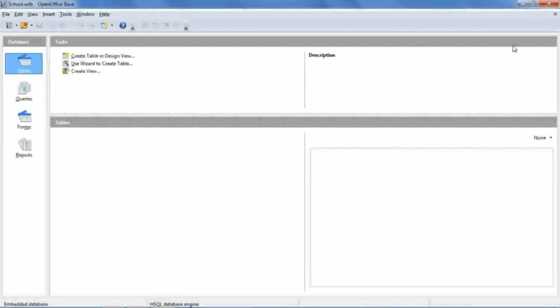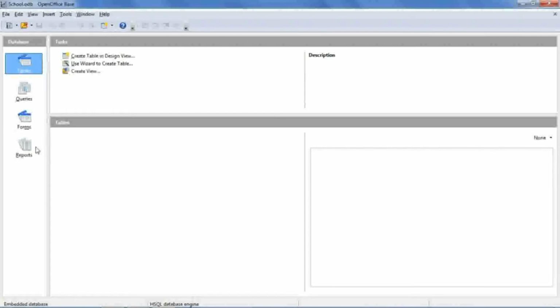Then this is the standard toolbar. There you will get some recently used or frequently used commands. These are available as picture icons, so you can use them. Then this is the database window, or database navigation pane, as we can say. There it will show you the database objects. These are considered as database objects: tables, queries, forms, reports. What can you do with this database? You can use these four types of objects in OpenOffice Base.